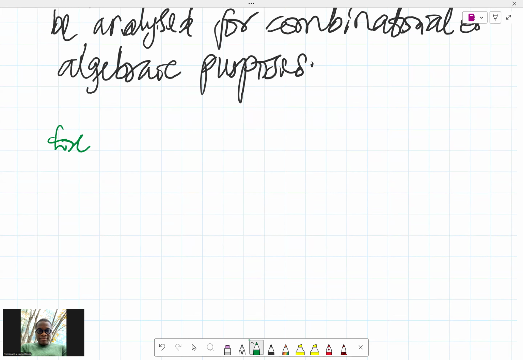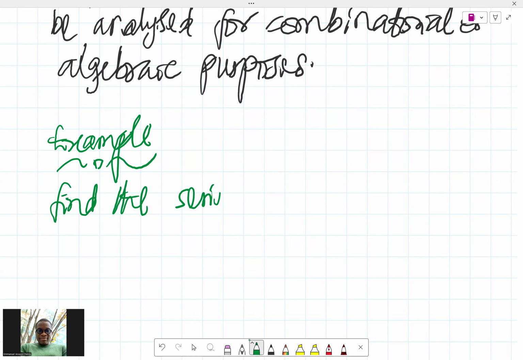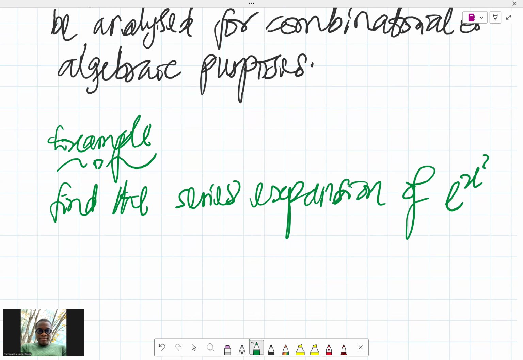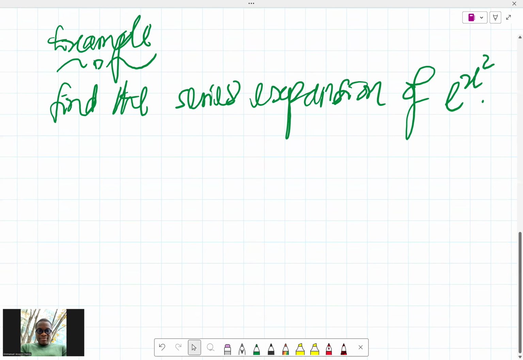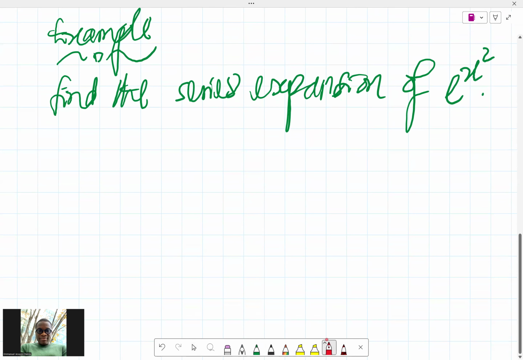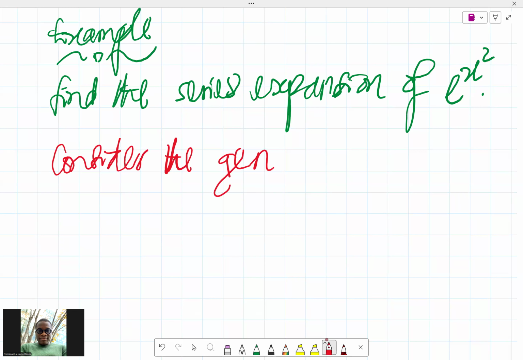Example: find the series expansion of e raised to power x squared. So that's what we want to do now, the series expansion of e raised to x squared. Solution: